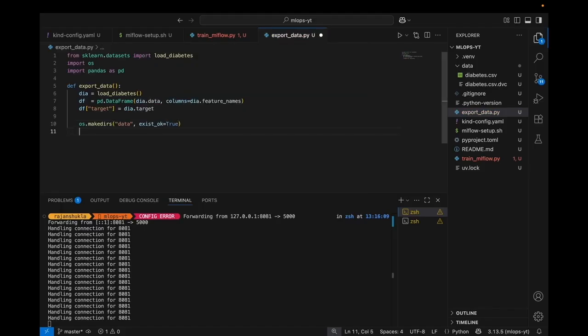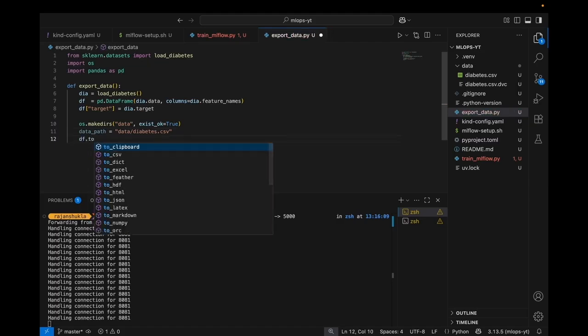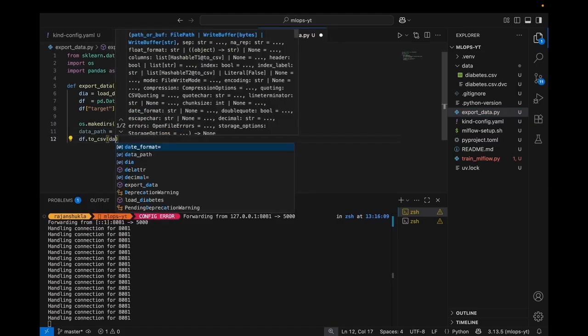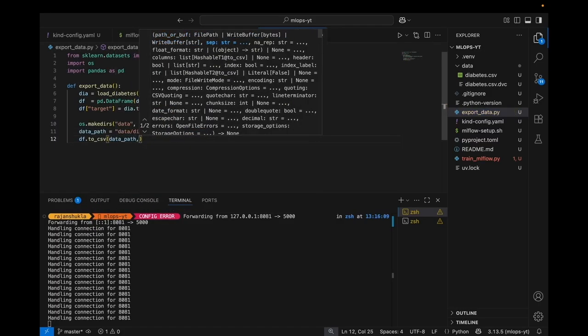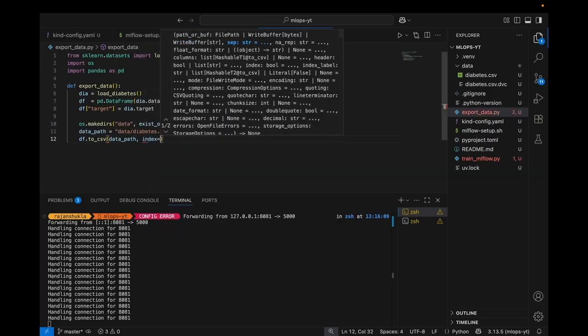And second thing is, let's also define the data path. Same, we can also take it from there, but diabetes dot csv. df to csv data path comma index, let's not give it,